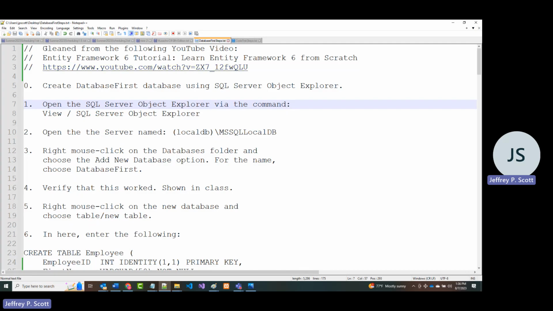So this was gleaned, or taken from, adapted from, I guess you could say, a YouTube video called Entity Framework 6 Tutorial, Learn Entity Framework 6 from Scratch by Mosh Hamedani. All right, so I'm just going to follow the steps here. So I'm going to create a database first database using SQL Server Object Explorer. So